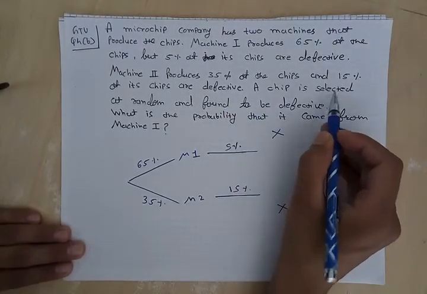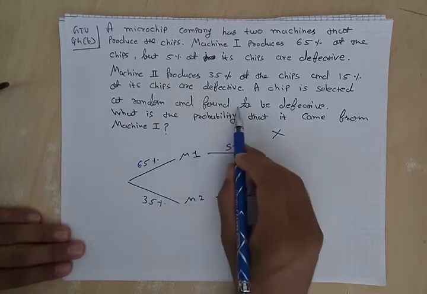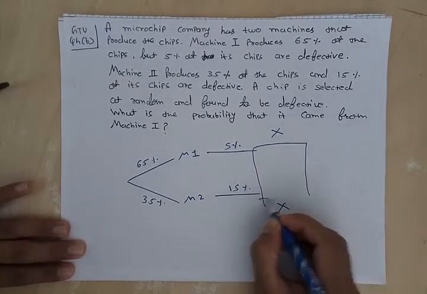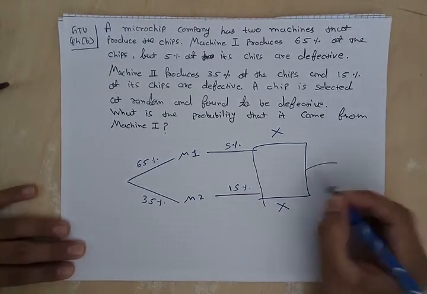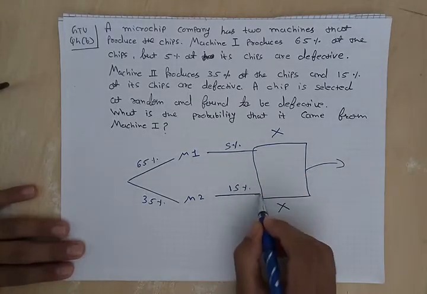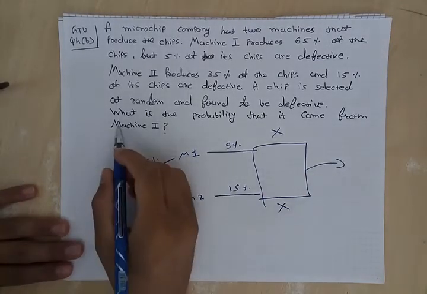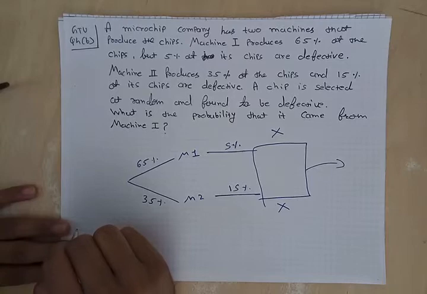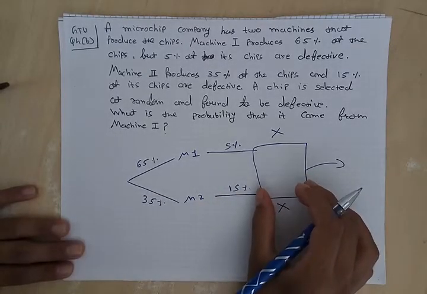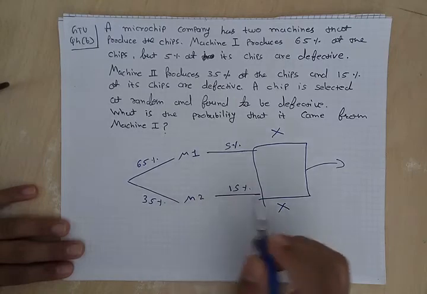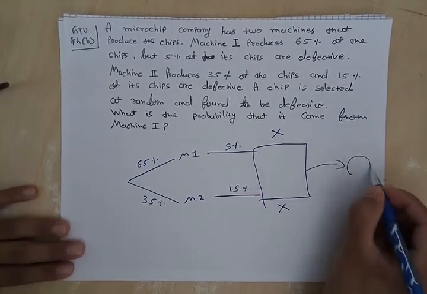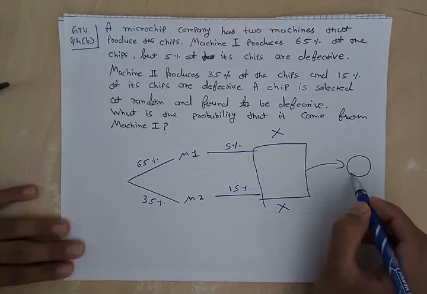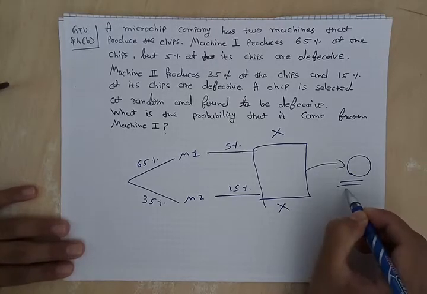A chip is selected at random and found to be defective. Now this is the total amount of defective chips, and one chip is picked from this total of defective chips, and we have to find what is the probability that it came from machine 1. So these are the total defective chips that are produced by both machines, and we have picked one defective chip from this total, and we have to find the probability that this particular chip came from